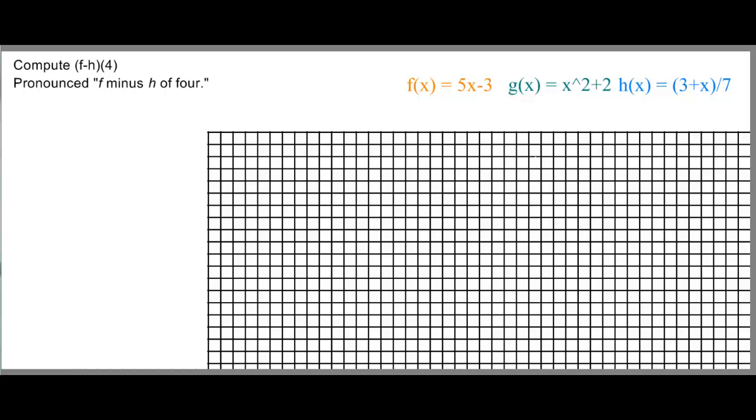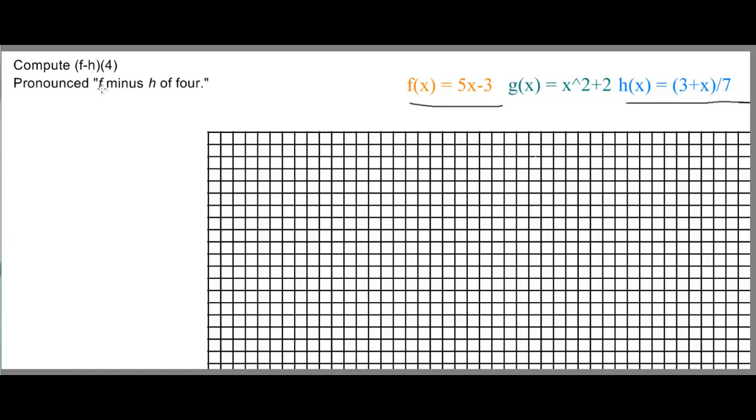Okay, so I have the function declarations here on the right-hand side. In this particular problem, we're going to be working with function f and function h. So that's going to be this one right here and this one. Let's look at function f first. f of x is 5x minus 3. So anywhere we see an x in that function, we're going to replace it